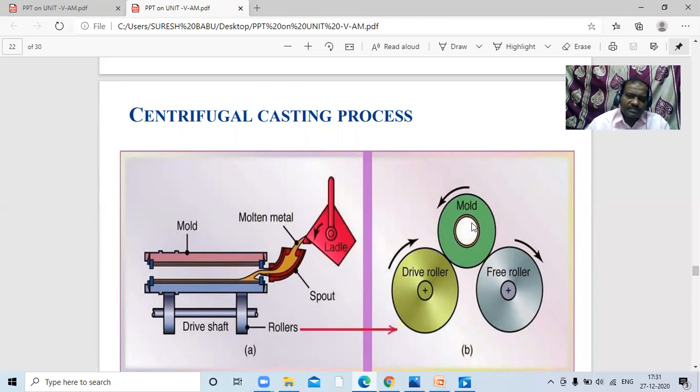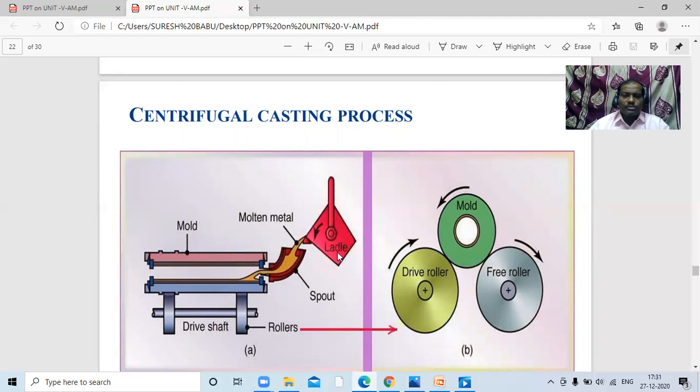Let us go for the applications of this one. Here a mold is there. The shape we are going to obtain here is like a pipe or a barrel. Next, this light dark yellow color is the molten metal. It is a ladle, or sometimes we can call it a crucible.